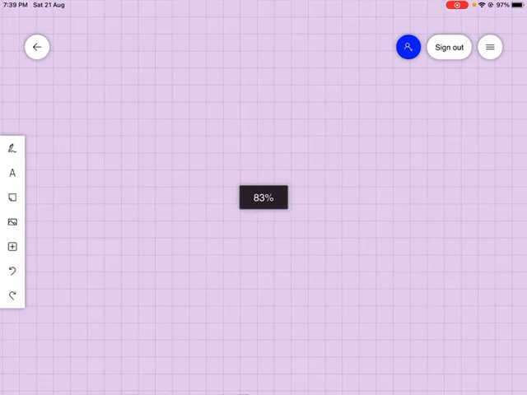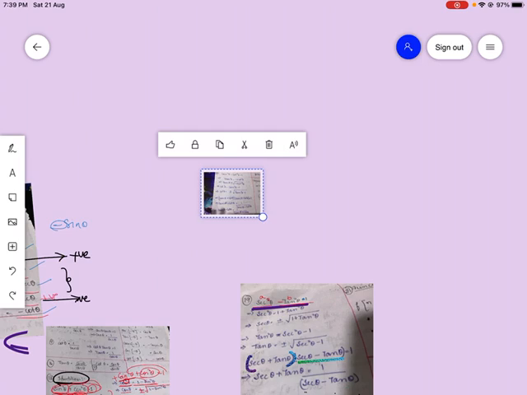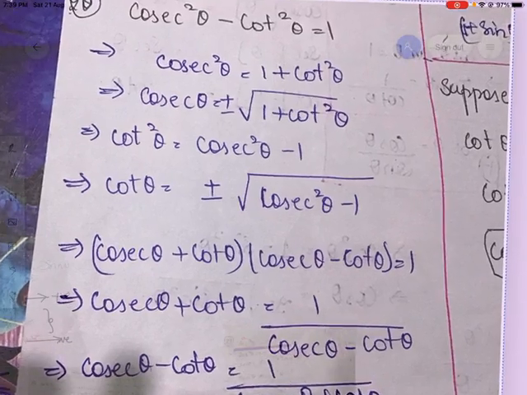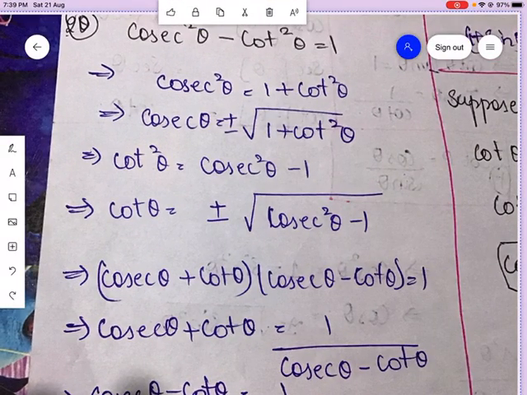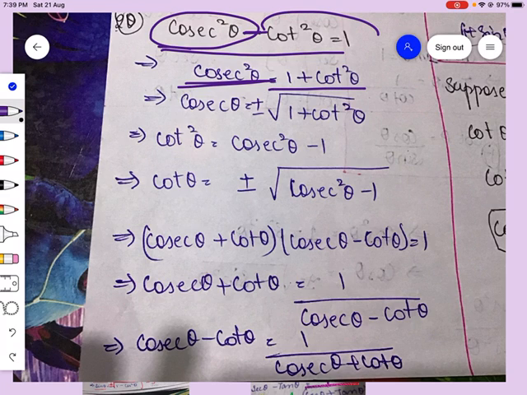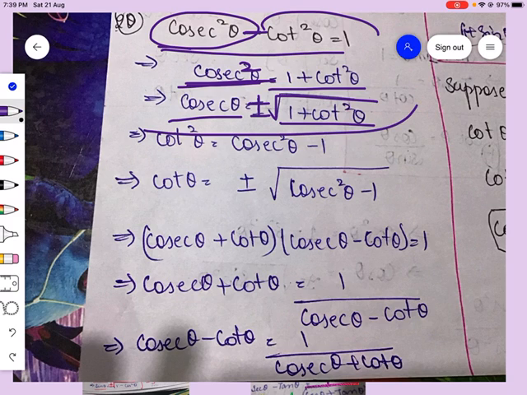When there is a plus, you have seen in the first case, sine square theta plus cos square theta. Now let us take this formula: cosecant square theta minus cot square theta equal to 1. We keep cosecant square theta here only, and minus cot square theta going to that side becomes 1 plus cot square theta. Keeping cosecant theta as it is, the square we shift there, it will become plus or minus under root 1 plus cot square theta. This is the first formula you get from this.